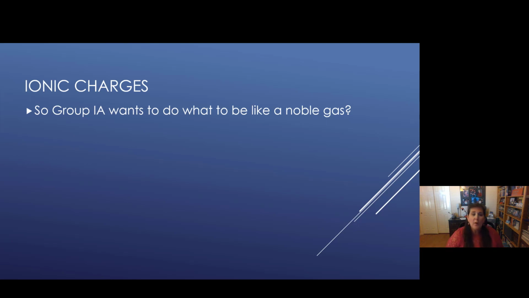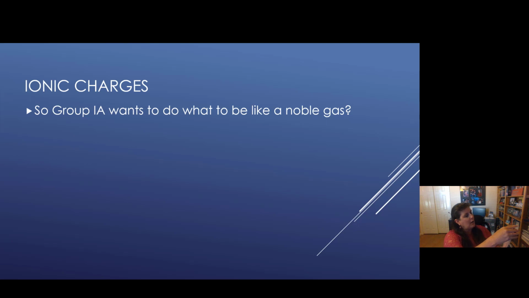All right, so now we're going to basically talk about the motivations of the atoms. Why do they do what they do? Why do they bond? Why do they make bonds with other atoms to form compounds? Why do they make molecules? What is it that they're doing? Why do they gain and lose electrons? Well, again, the goal of the atom is to be like a noble gas, and it wants to have the same number of electrons as a noble gas, and end up with that s2p6 configuration, 2 plus 6 being 8 electrons, the octet rule.